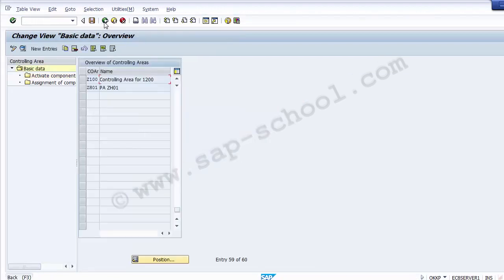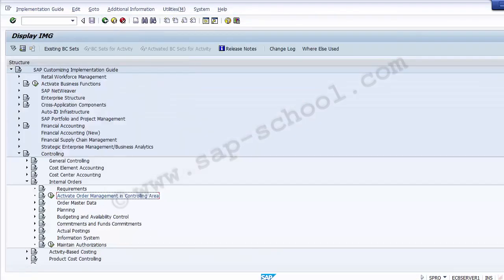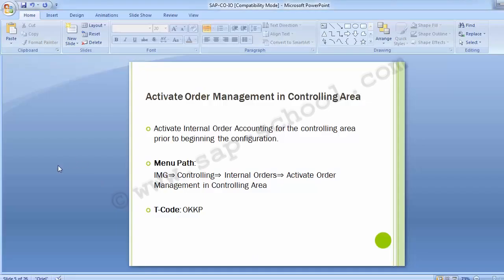to the IMG screen. So this is how you have activated the order management in controlling area with the path, as well as otherwise there is a transaction code for that as well, that is OKKP. So you can use either the path or the transaction code, whichever you are comfortable with. Now we are done with this particular configuration step, so we'll be moving to the next configuration step, that is